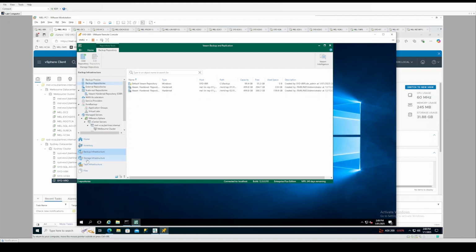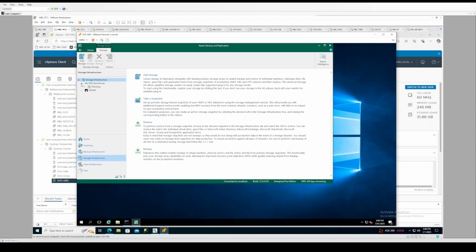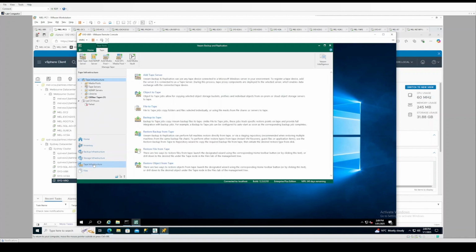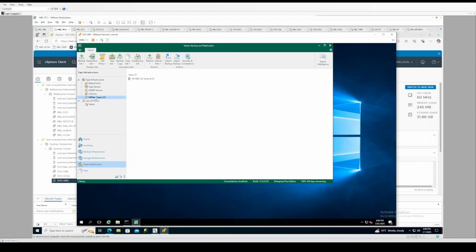And let's check our storage infrastructure. So we've got our HP StoreVirtual, which is the main data store for our ESXi environments. And we also have a NetApp ONTAP setup as well, which we're going to use very shortly for some Veeam Recovery Orchestrator work. And tape infrastructure now, this may be offline because